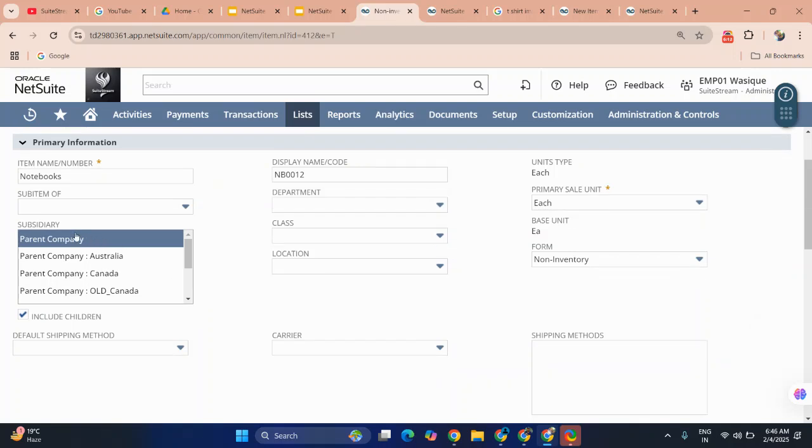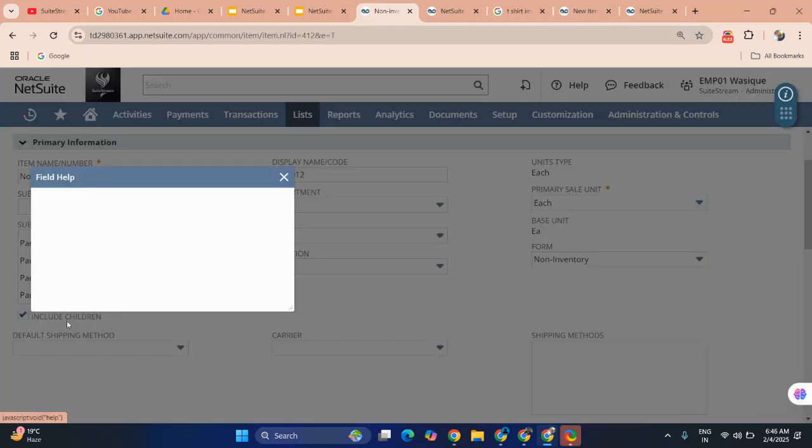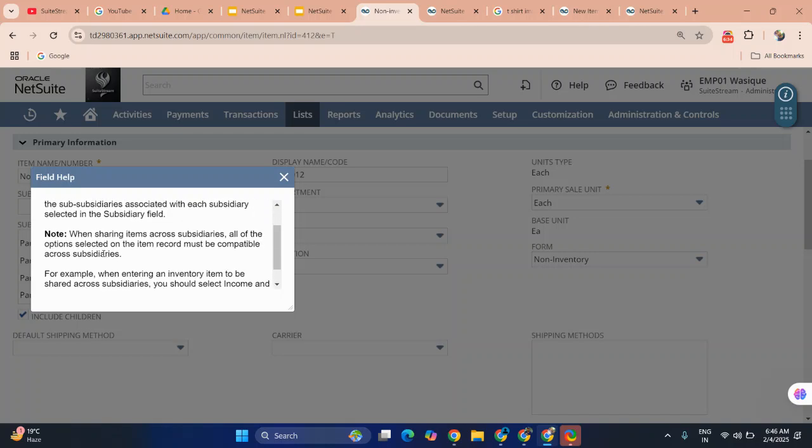And just select the subsidiary for which you want to create this item. I have created it for all the subsidiaries, including Sweet Stream, because I have added the child subsidiary. So check the Include Children box to share this item with all the subsidiaries associated with each subsidiary selected in the subsidiary field. When you are sharing the item across subsidiaries, all of the options selected on the item record